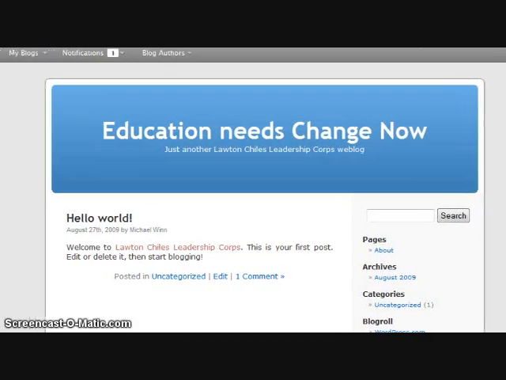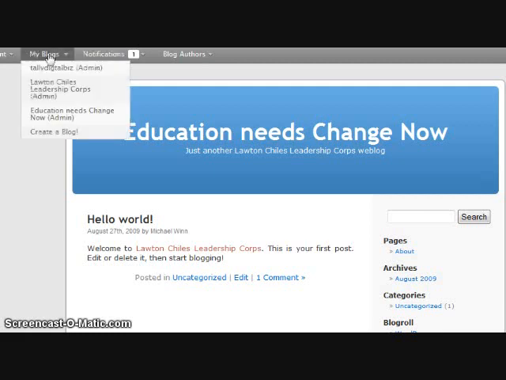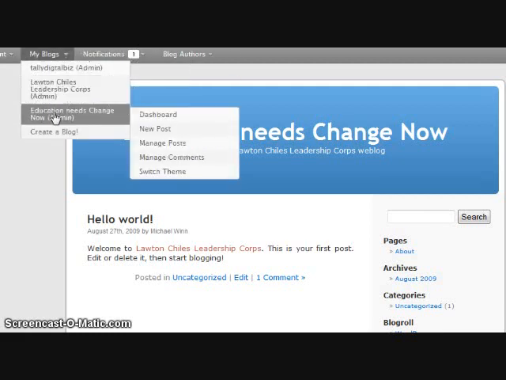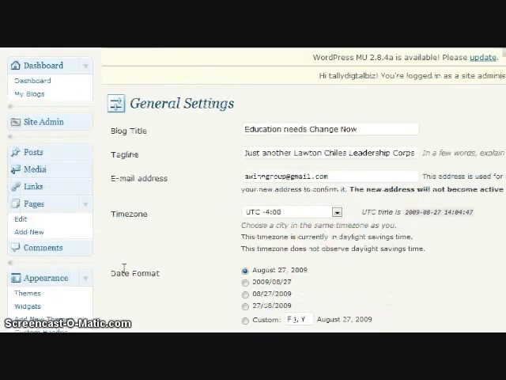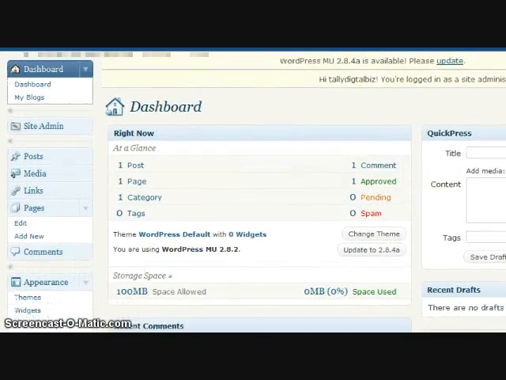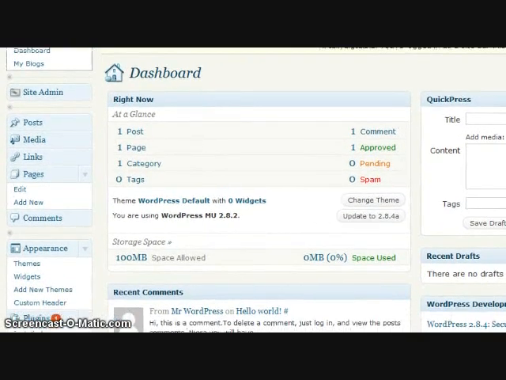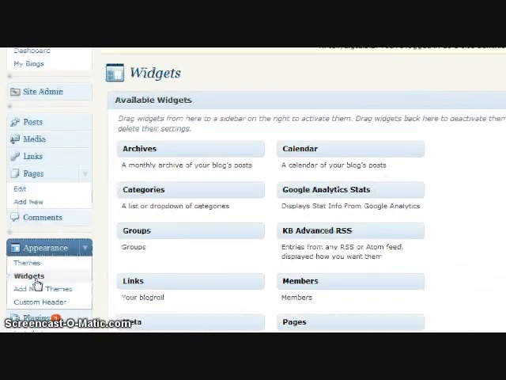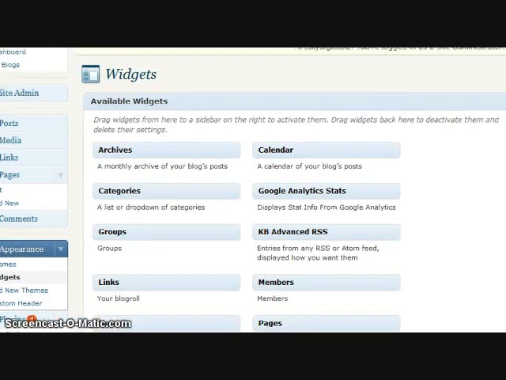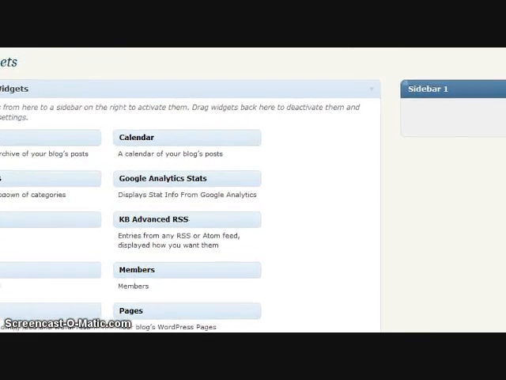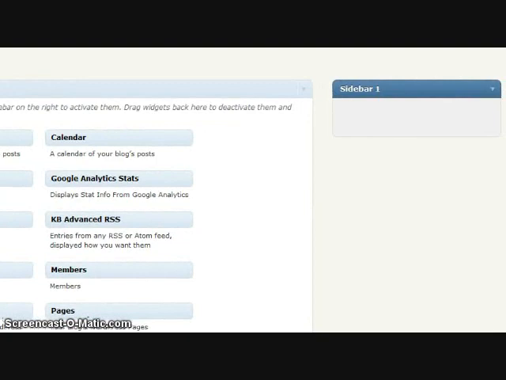Okay, so let's go back to the gray navigation bar, hover over Education Needs a Change or title, and then click on Dashboard. And we're going to go back into that section that we talked about where the widgets are located, which is the right hand side of your blog. So you'll notice that there is a sidebar, and this is where currently the information is stored. So let's drag, we're just going to click and drag over a calendar